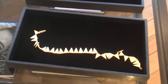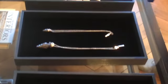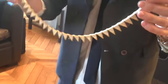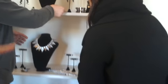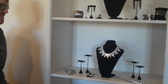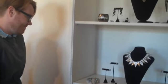And over here, I did these collars for Fall '09. They are just pyramids. And they look a bit maybe like Roman or Egyptian or something. But I think I just did them in metal the first time, and then I decided to add pave to them. But they're rather cool to layer up, I think. This is 3 different necklaces layered up on top of each other. Yeah. So this is this necklace on top of a solid one on top of another pave one. And then I did them as well in two-tone. So this is the same necklace, but in...